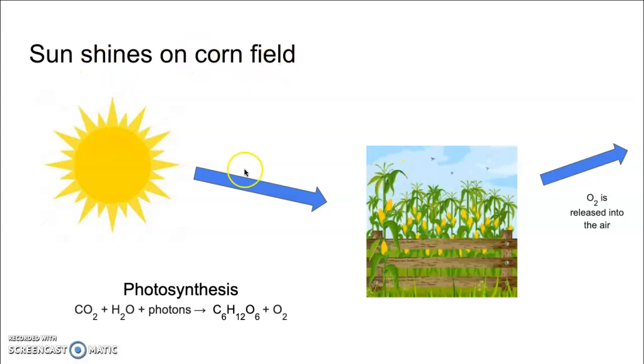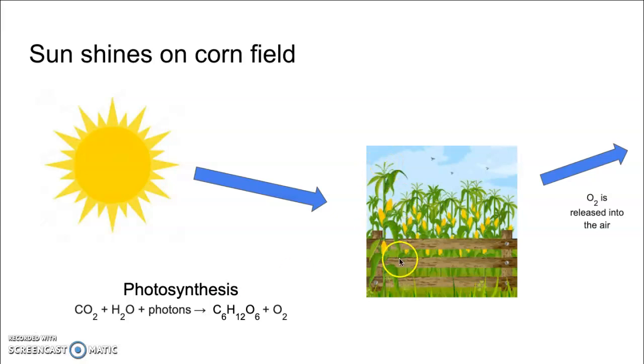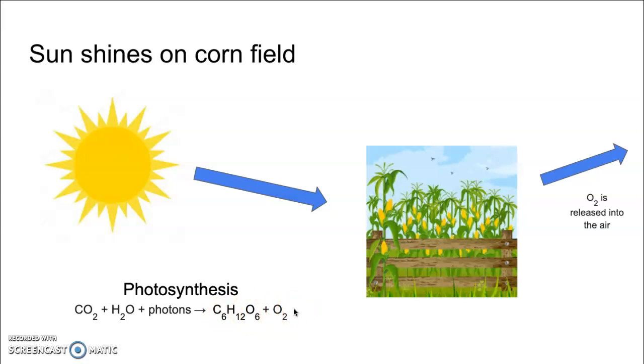So when the sun shines on the cornfield, the plant takes the carbon dioxide in the air as well as water and the photons from the sun, and it goes through an extremely long process throughout multiple different parts of the plants to produce glucose and oxygen. This process gives fuel to the plants and it helps them grow. And it is also essential because it allows oxygen to be released into the air and used by different parts